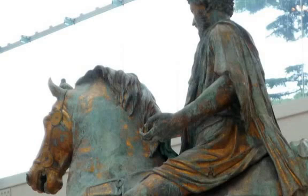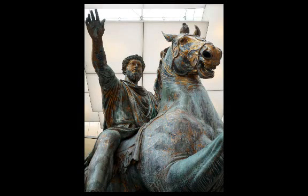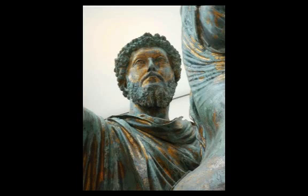His left arm is lightly holding the reins of, or would have been lightly holding the reins of the horse. The right hand protrudes out, addressing the troops, addressing the citizens of Rome. There's a sense of confidence in his posture and, of course, in the scale. It is enormous. This survived because it was thought to have represented Constantine, the emperor who made Christianity legal in